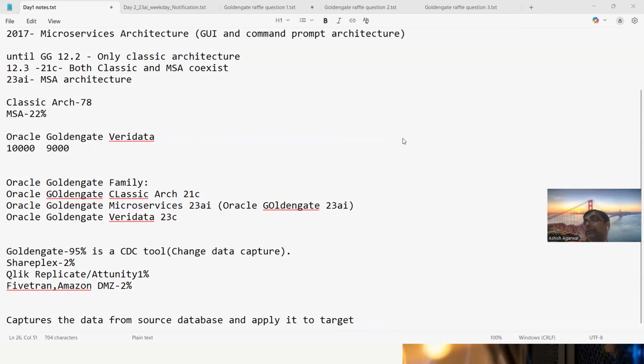Second thing is, as per Indeed.com, the average salary of an Oracle DBA in the US is $98,000, which is approximately 80 lakh Indian. And if you have GoldenGate in your resume, your average salary jumps to $140,000. These are not my figures. These are figures taken from Indeed.com in September 2025.